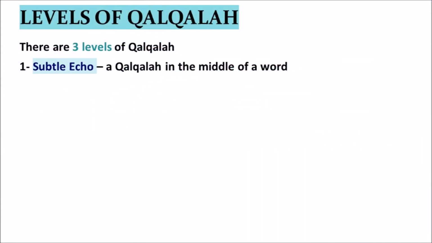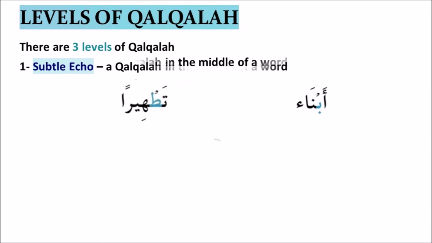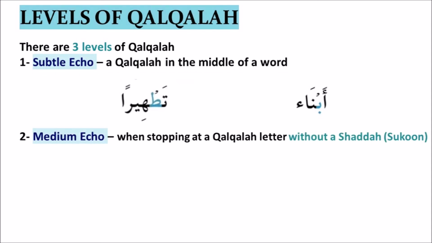There are 3 levels of Qalqalah. Number 1, the subtle echo, where the Qalqalah is in the middle of a word. Abna, Tatahira. Number 2, the medium echo, where we are stopping on a Qalqalah letter without a shadda, so it will